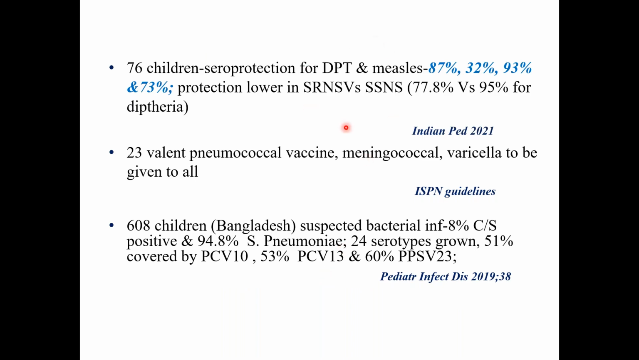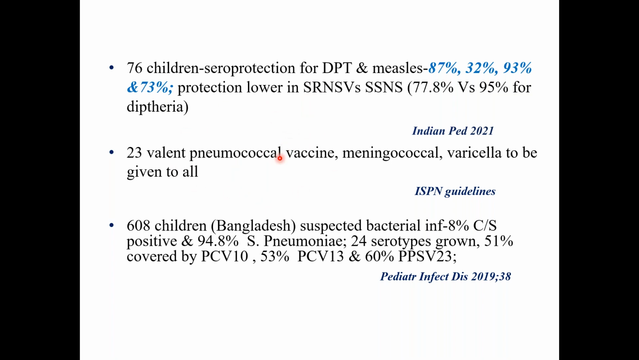And similarly, in another study this year that we published, we found that even the titers for DPT and measles are lower in patients with steroid resistant disease as compared to steroid sensitive nephrotic syndrome. So these patients would require multiple boosters, even for DPT and measles, not just for hepatitis B. And the extra vaccines that need to be given to these patients to prevent infections are your